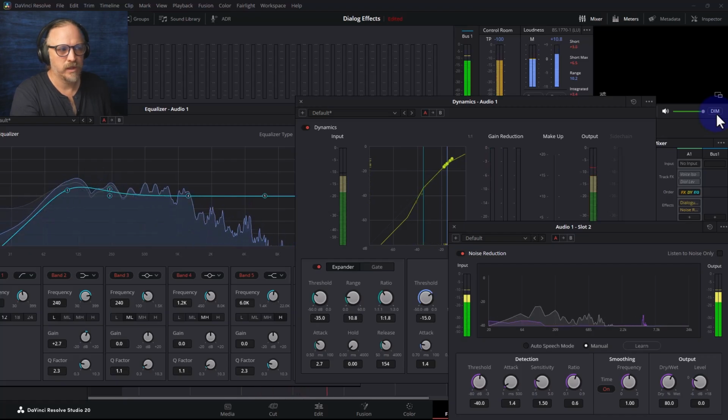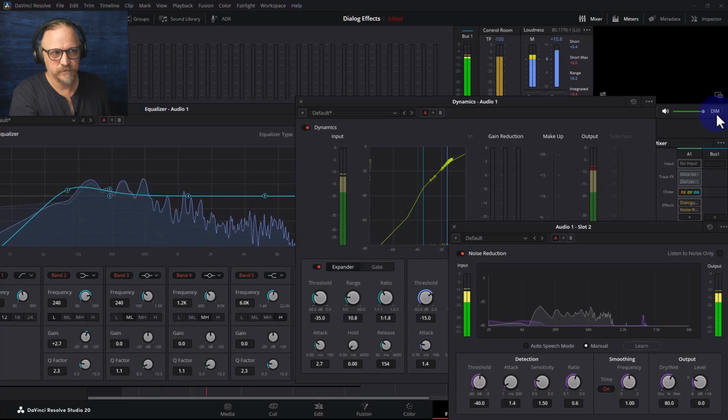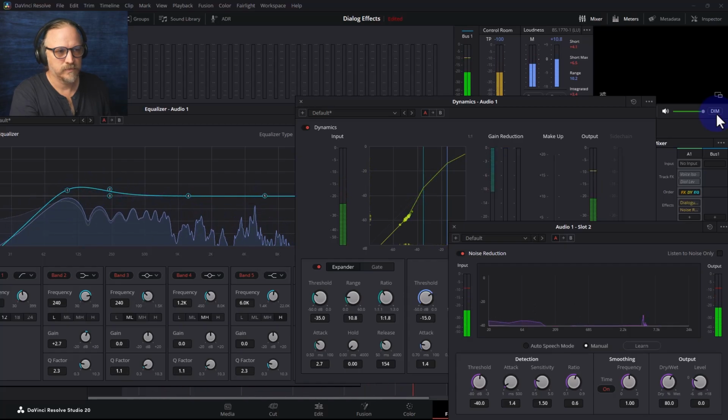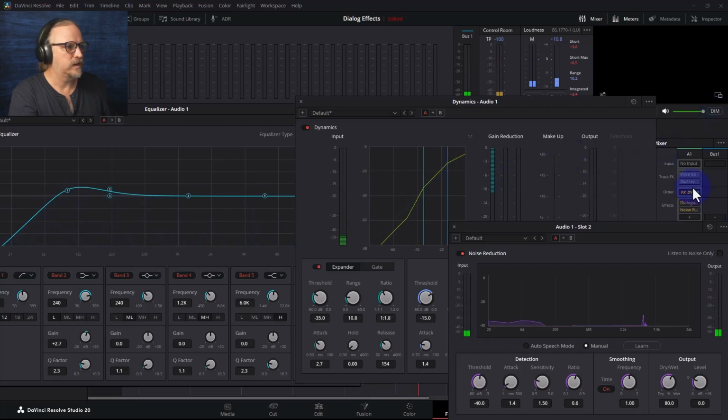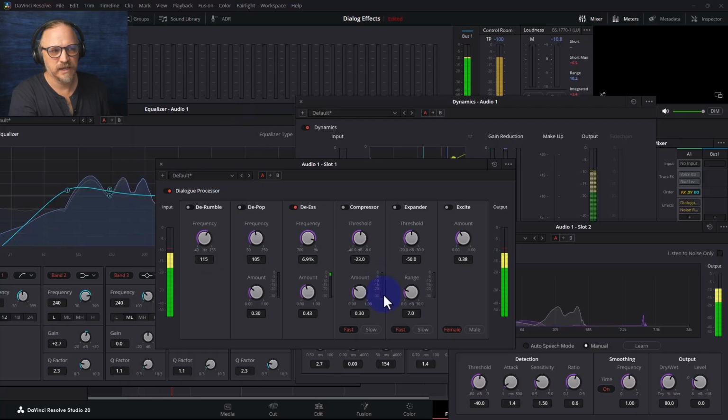Remember and integrate all aspects of yourself. The greatest work of your life is to remember and integrate all aspects of yourself. Okay, actually we do care about the de-esser, because I'm going to turn that down a little bit more. It's still something that, when we hit the compressor, it made it louder again. So let's hear that. The greatest work of your life is to remember and integrate all aspects of yourself.